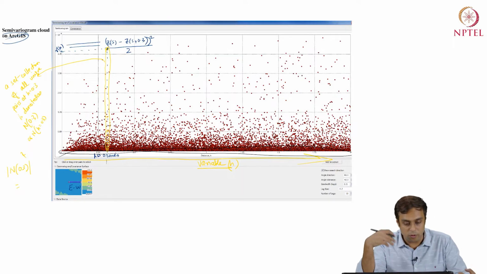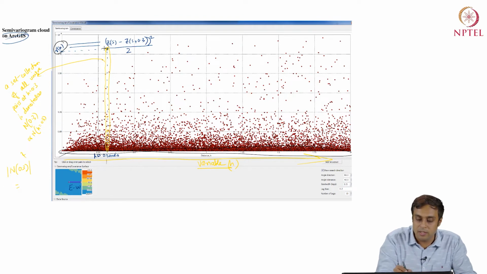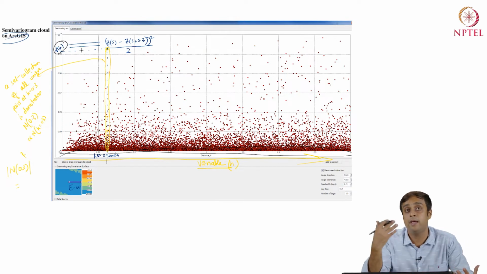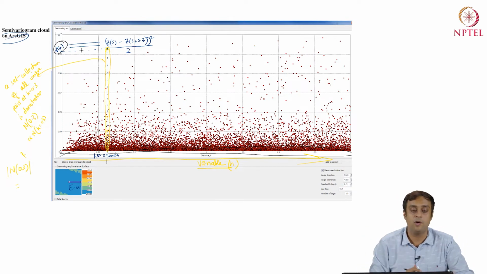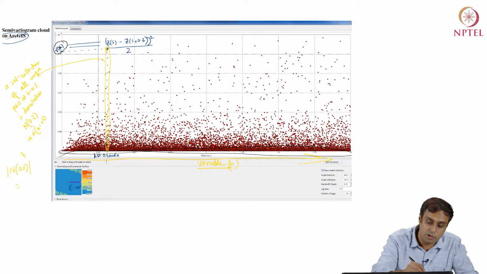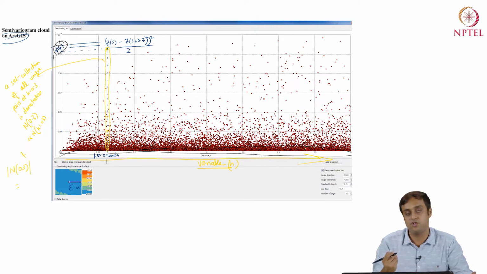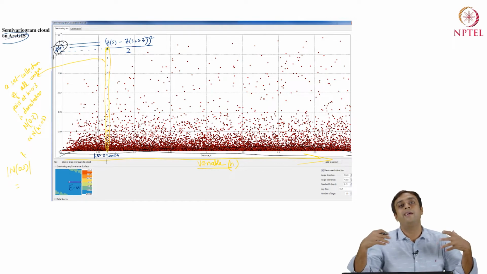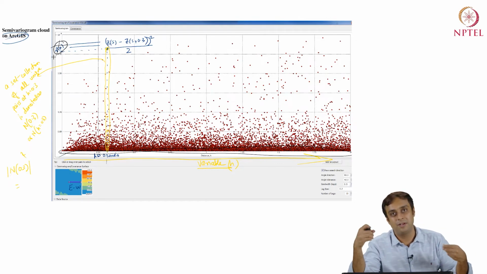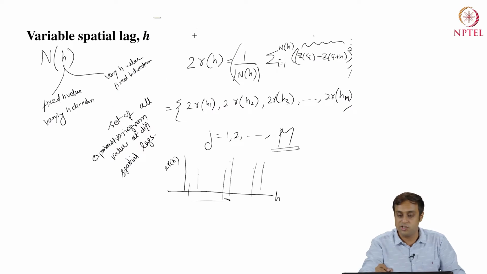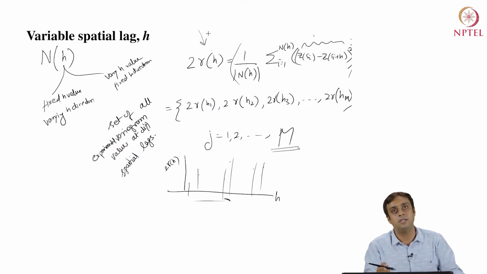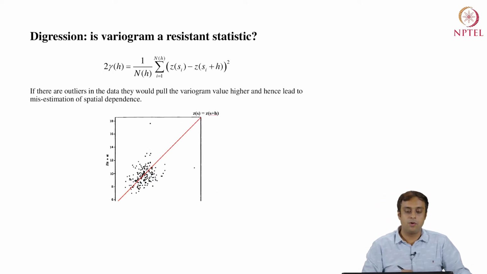So, going back, we should be able to make sense of what these things are. When I said gamma h equals this, just be careful, gamma h is not defined like this. Gamma h is a mean of all these unique values. So, I in fact should not have used that representation. It is just an experimental cloud version of gamma h, right. It is not the exact definition of sample gamma h that we see on this slide or what we have studied. Okay. All right.